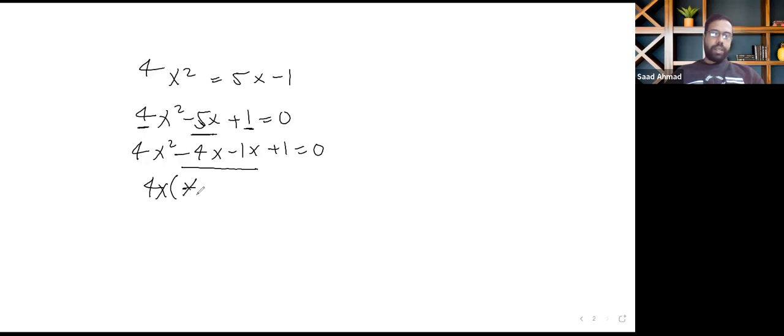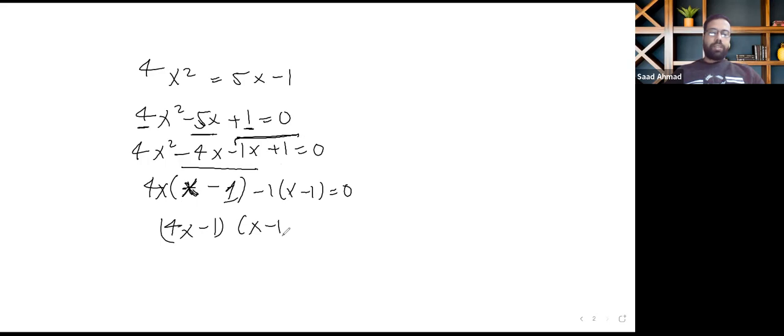It will give us x minus 1, and then we take the minus 1 common from these two. It will leave us with the x minus 1. So we get 4x minus 1 and x minus 1. That will leave us,